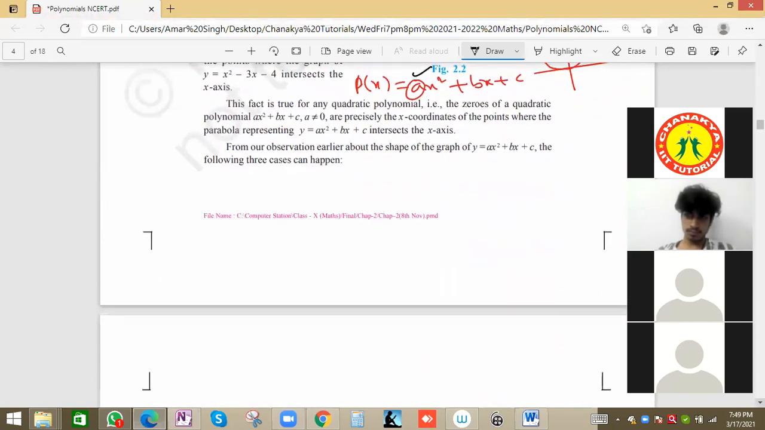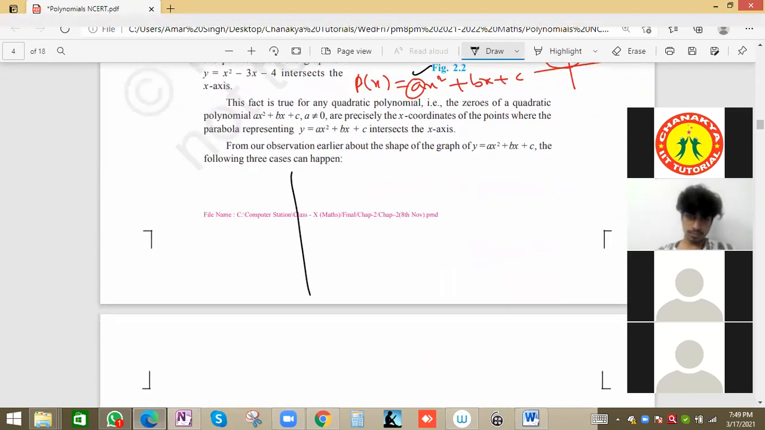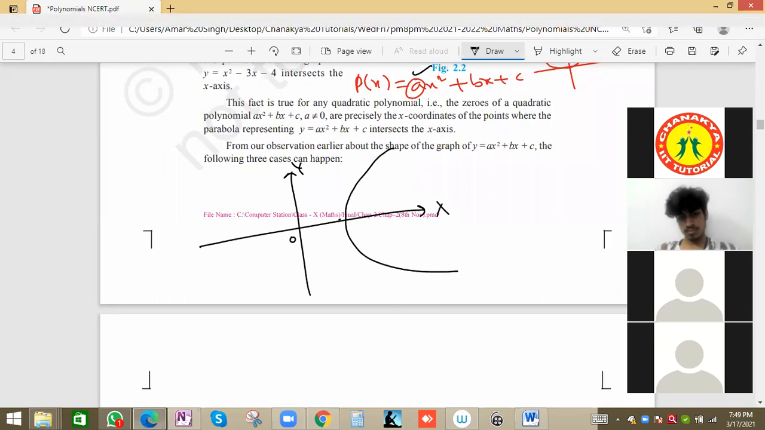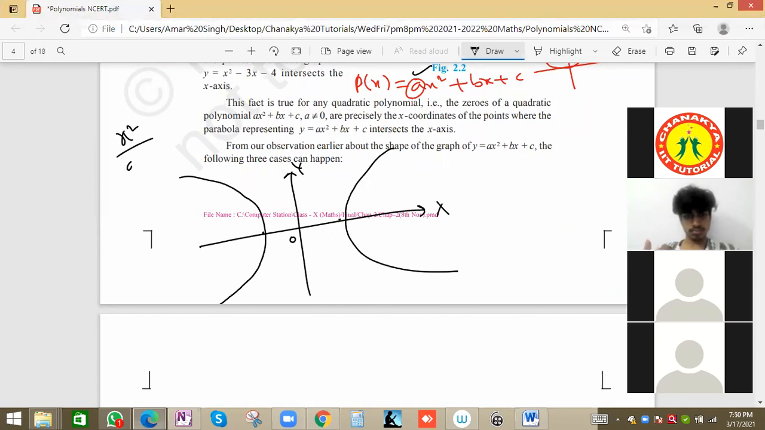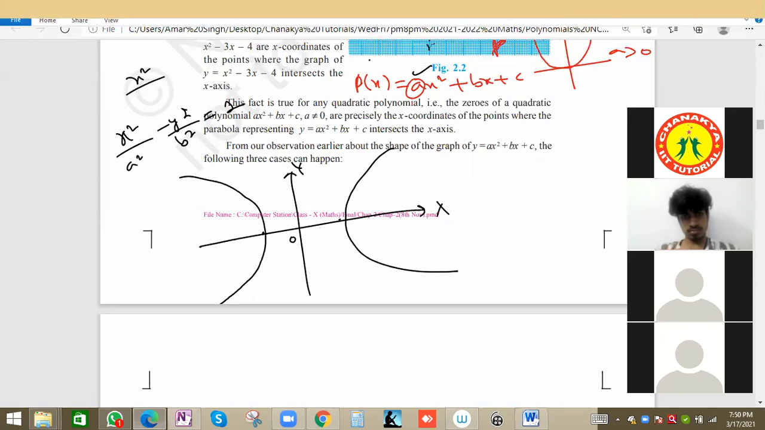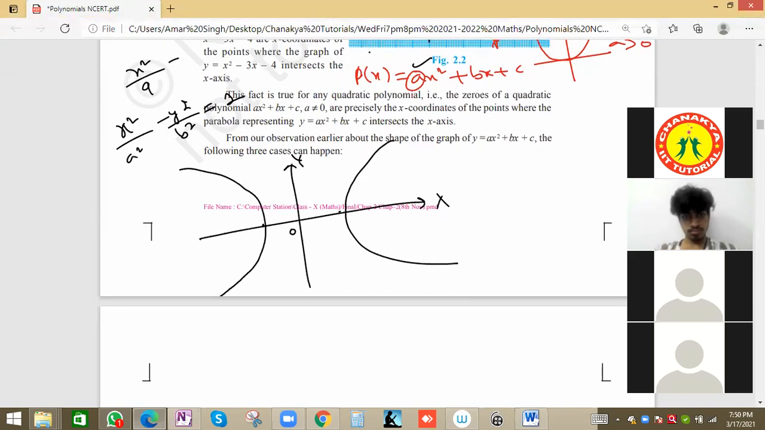Second thing, for hyperbola, the hyperbola graph looks like this one. This will be the nature of the graph, and the equation is x square by a square minus y square by b square equal to 1. Suppose a and b are also constants, say a square is 9 minus y square